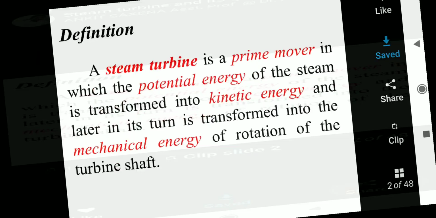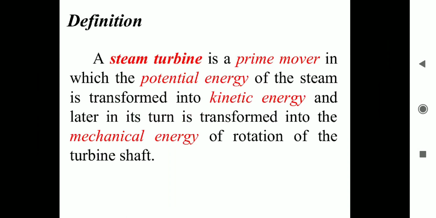Before we start, we need to understand what a steam turbine is. Steam is what we get after boiling water and converting it into steam. This is used for feeding the turbine and generating electricity. We already discussed the Carnot cycle, which is based on the steam turbine. A steam turbine is a prime mover in which the potential energy of steam is converted to kinetic energy, and then further converted to mechanical energy through the shaft.